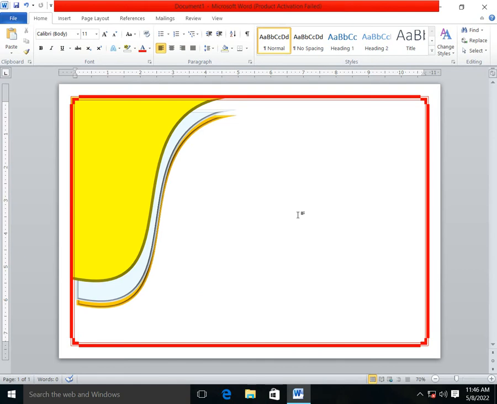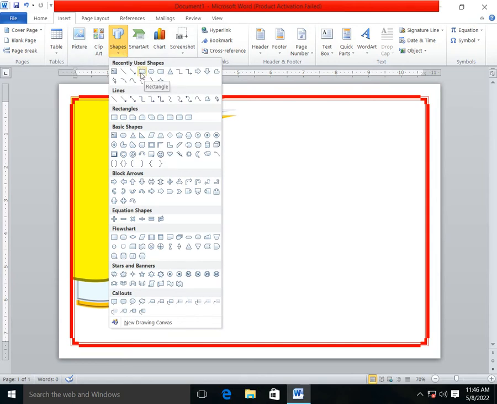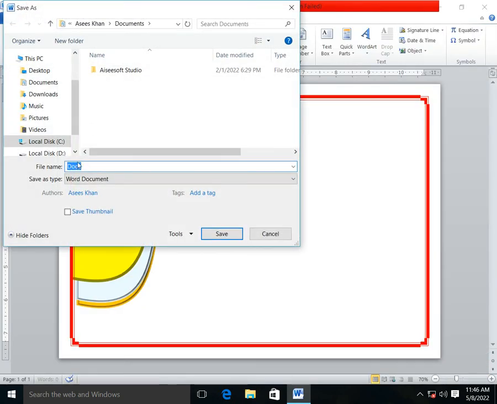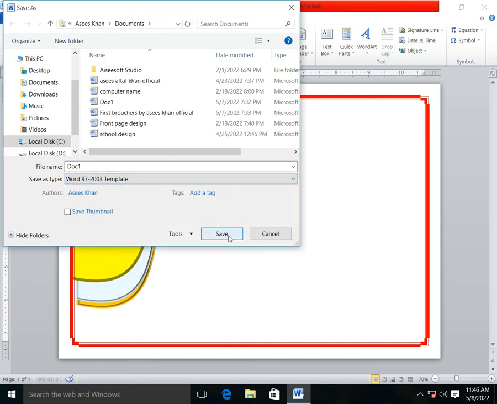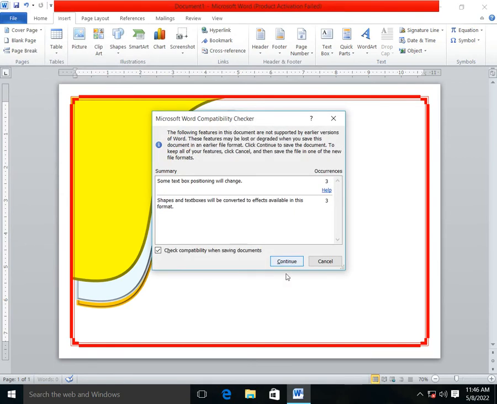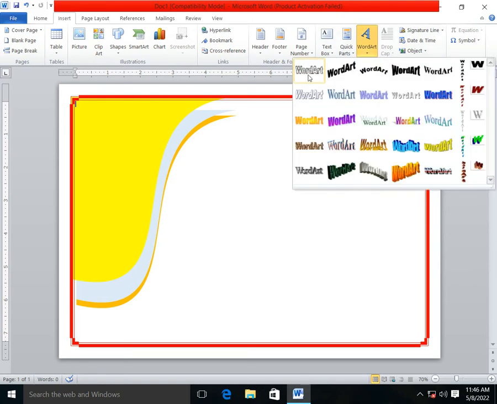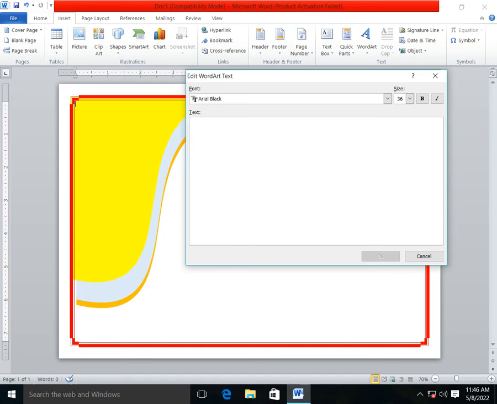So after it, I will go to insert and select the shape, and before I choose, I will go to file, click on save as, and I will choose the type Word 97-2003 template and click on save and enter OK and continue in this way. After it, I will go to Word Art, select the required style or font, and I write